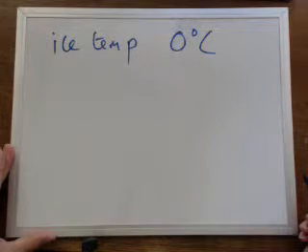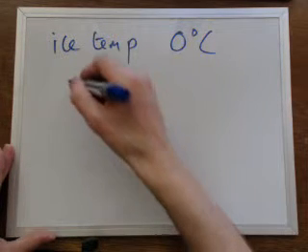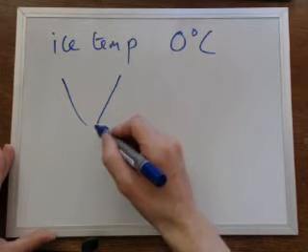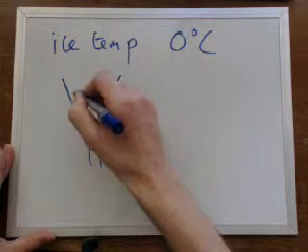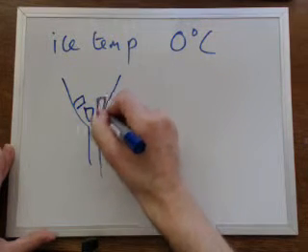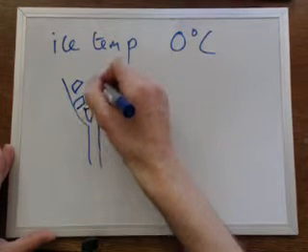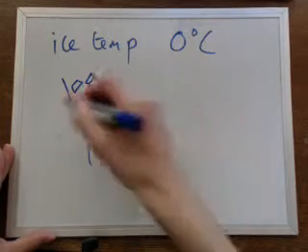And what we need is a setup similar to this. We're going to collect some ice and put it into a filter funnel, like that. And we want a mass there. Let's call that mass